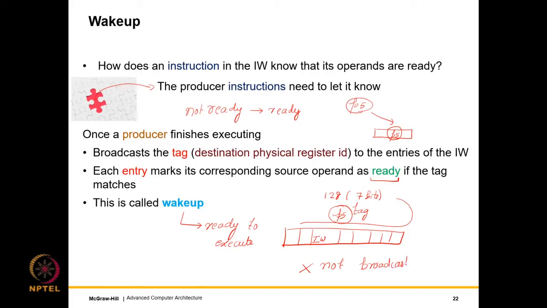Why are we not doing that? Well, that will become very clear later on, not now, but it is very important. So keep this in mind. It's an important question: why are we not broadcasting the value? I'll not tell you the reason now. This is kind of food for thought.